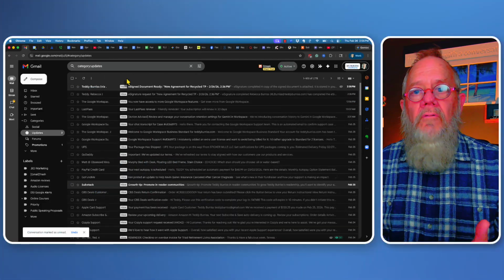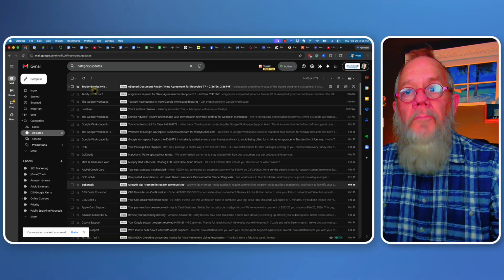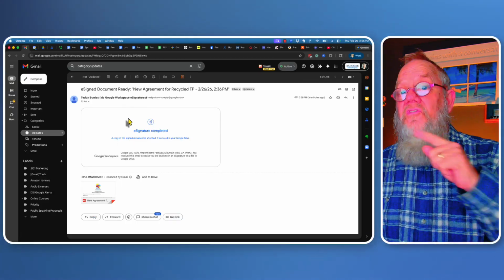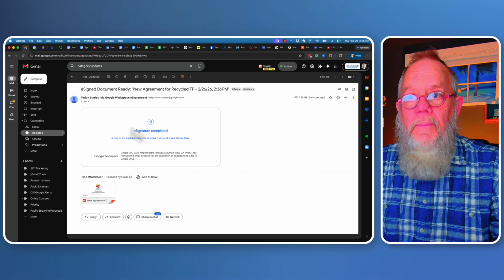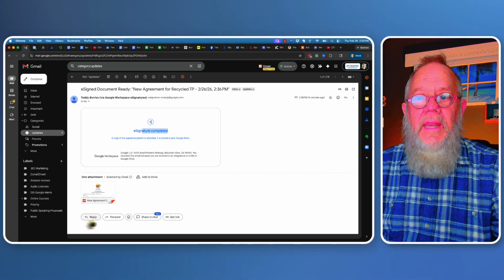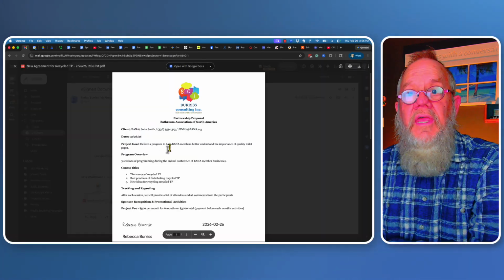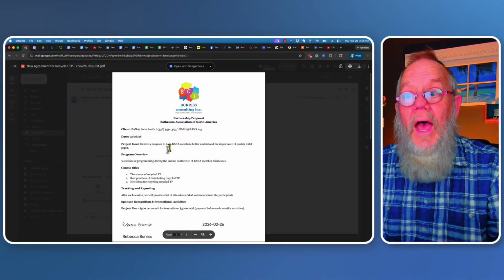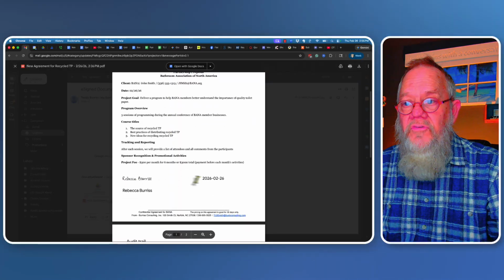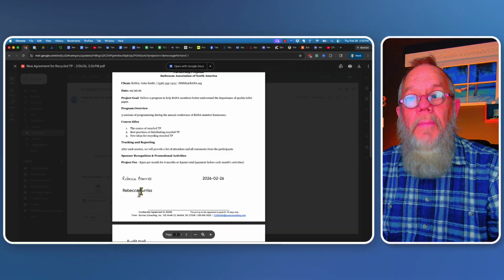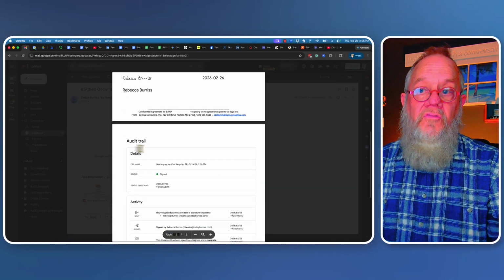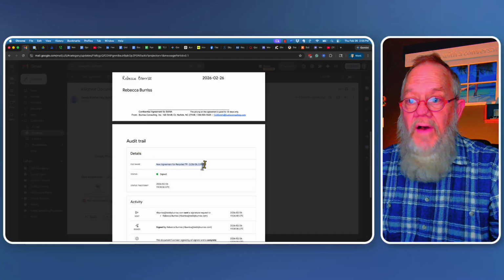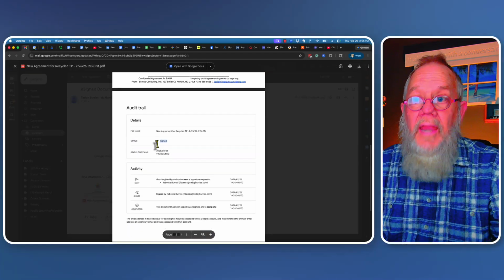Now this is really interesting because I also got in updates the other document. This is the actual signature that Rebecca made. It says it's completed, and I go look at this, and I can see my PDF is now 2 pages. It was 1 page, but here's why. Not only does it have her signature and the date and her name, but it also has the audit trail in this PDF, and it includes the details, the file name, that it's been signed, it's got a green dot,